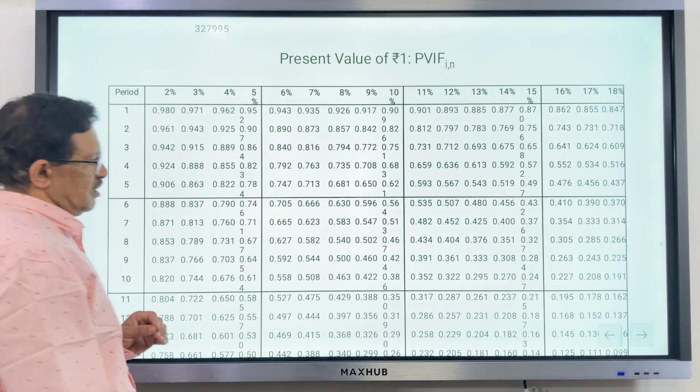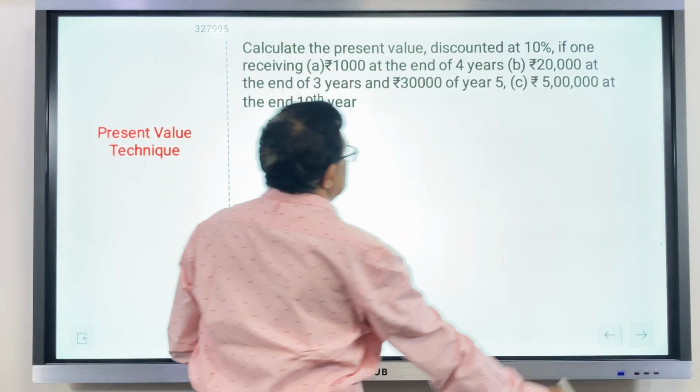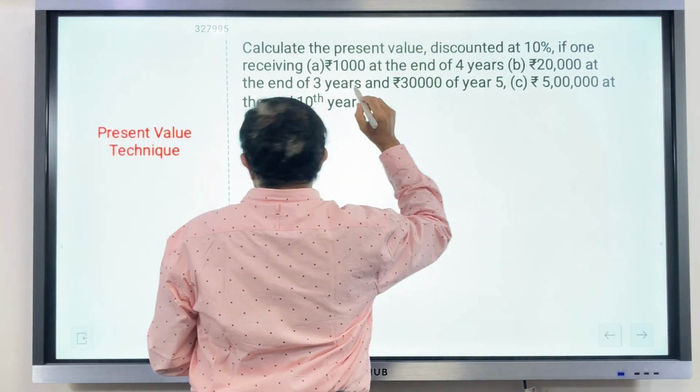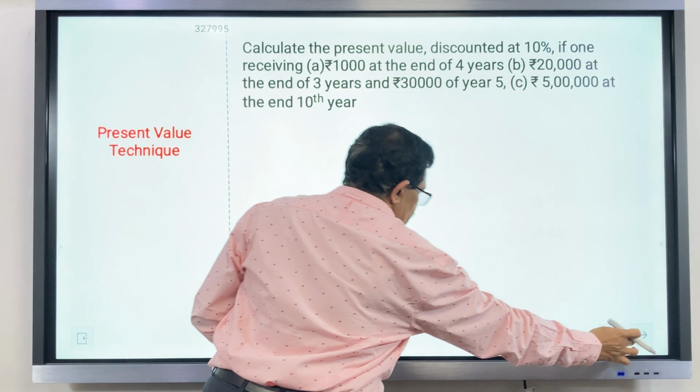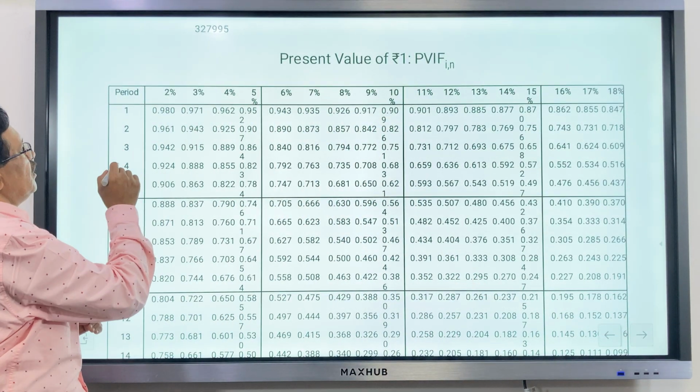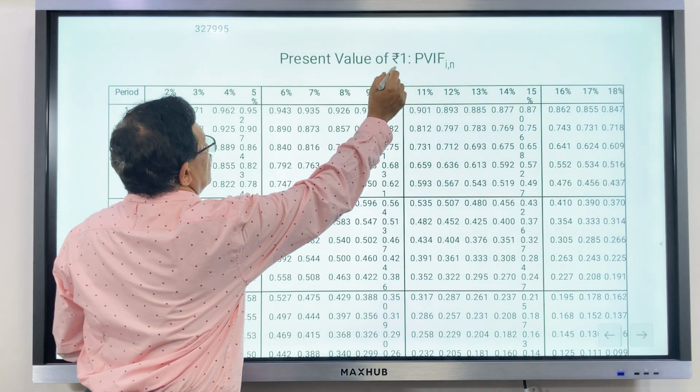So he says in the previous problem that he is getting the amount at the end of the 4th year. So to find out the present value interest factor for 1 rupee,